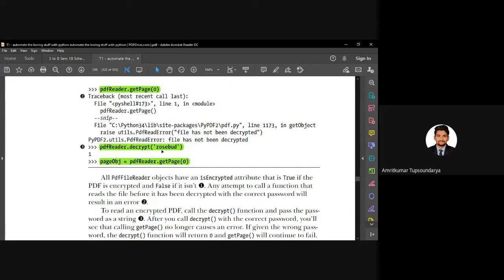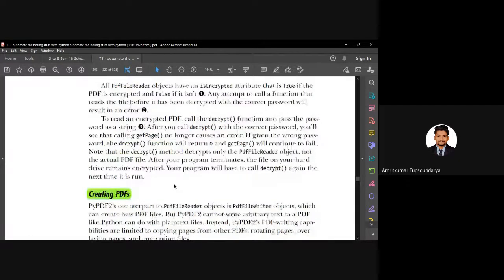So this will decrypt the PDF and return a value indicating that the PDF has now been decrypted. Then when you try to read the content, you will be able to extract it. So that's how you decrypt a particular PDF.